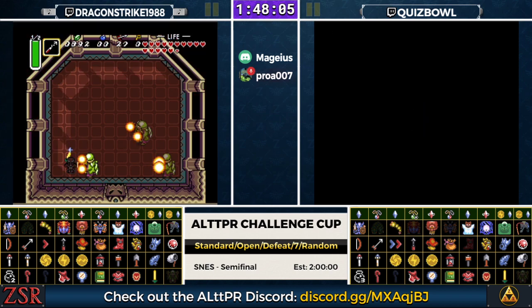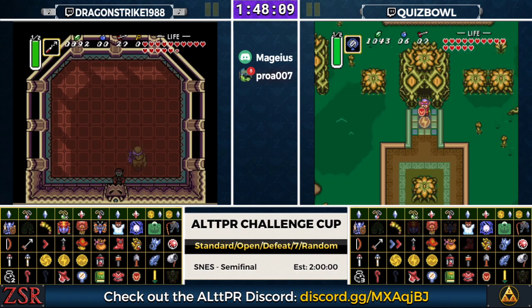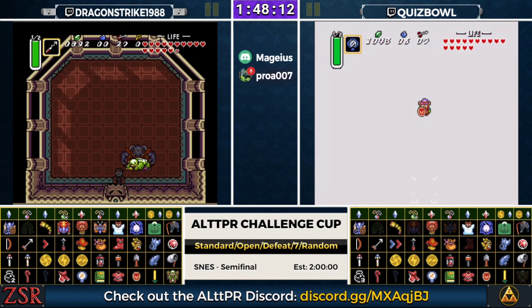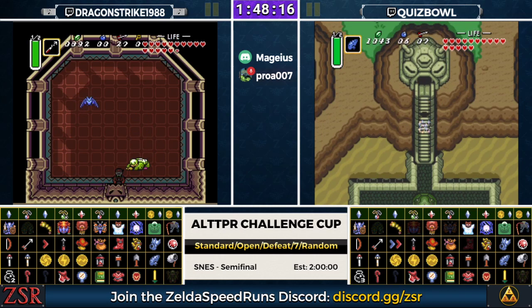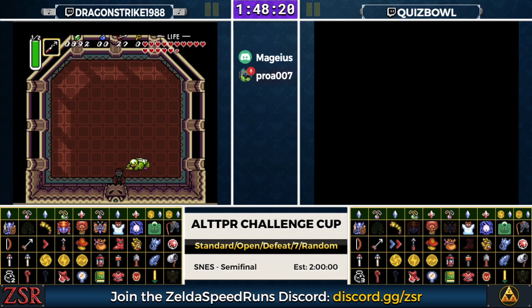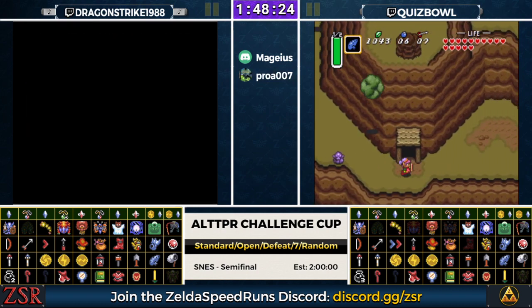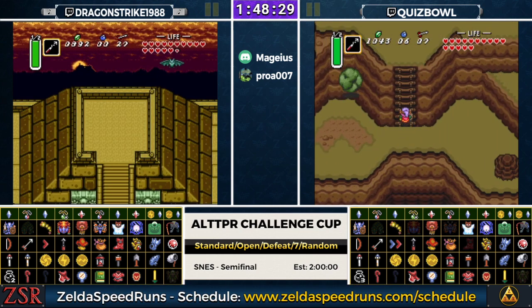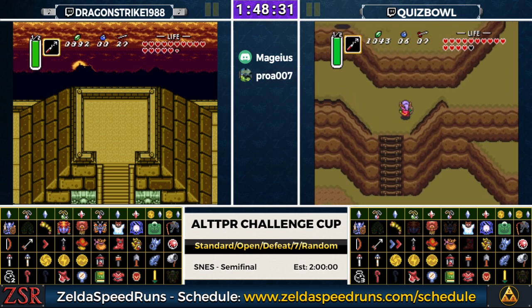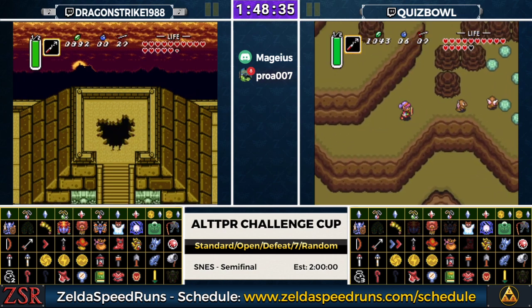A couple of rough rounds in a row, awkward angles, finally finishes the job and drops Agate. So now it's on to the finish with gold sword and silvers. This is going to be a very quick fight. Oh, Dragonstrike well on his way to going up 1 zip in this